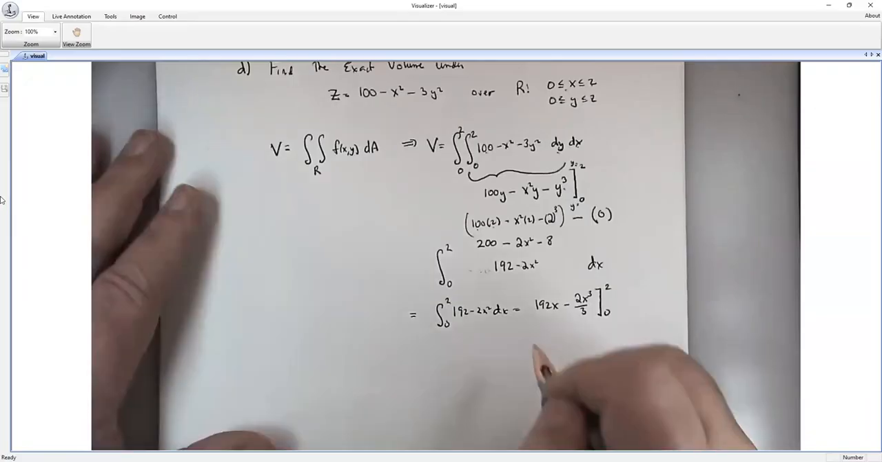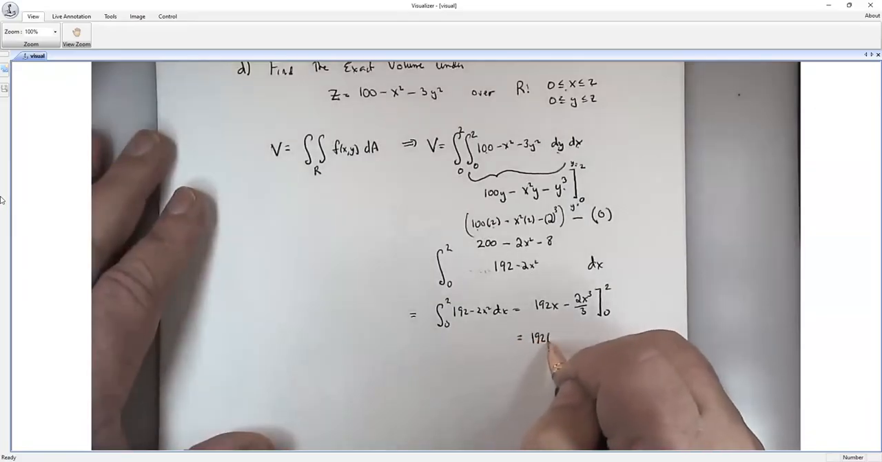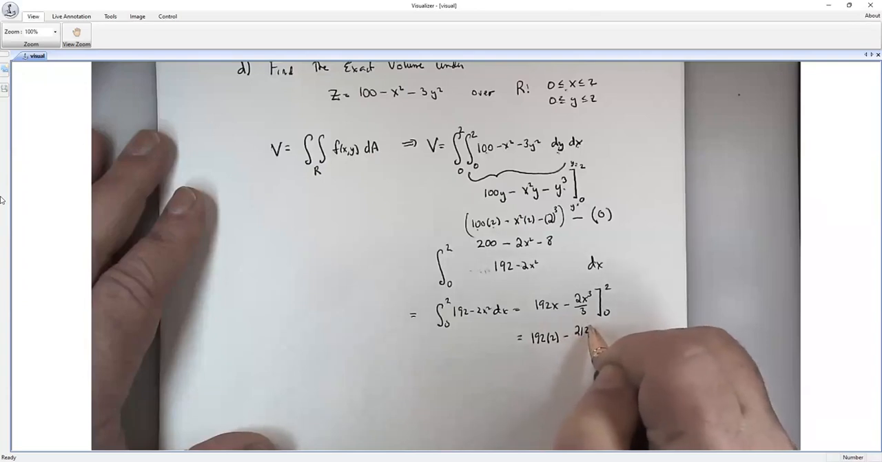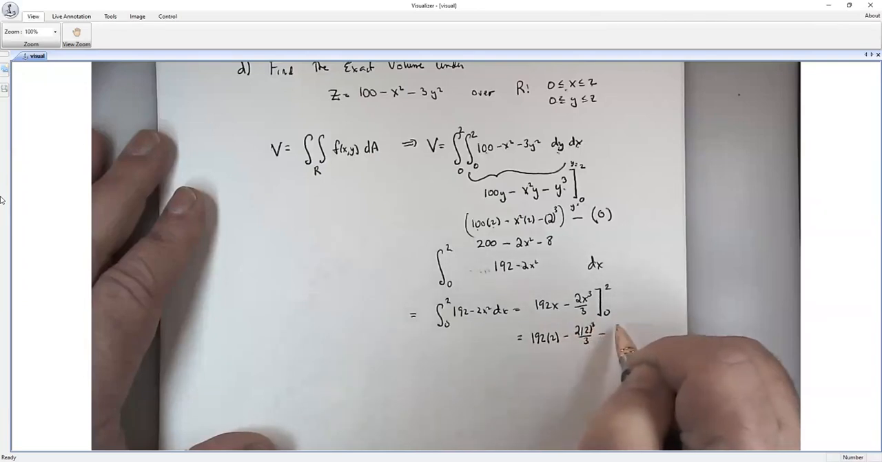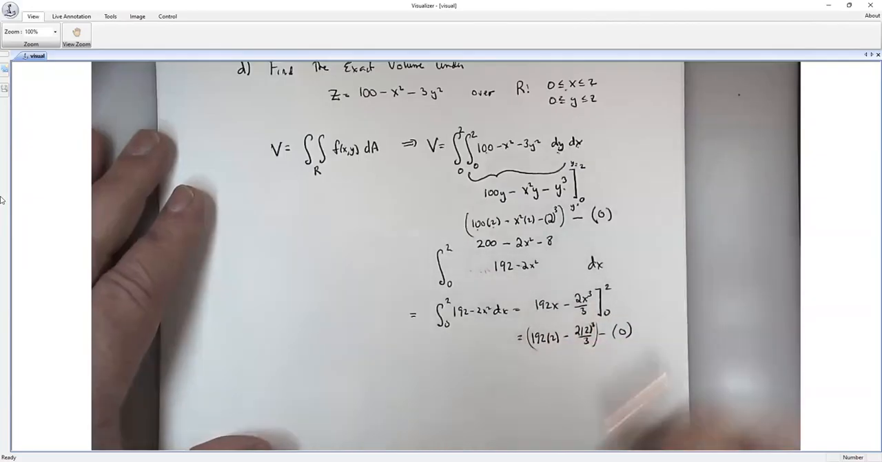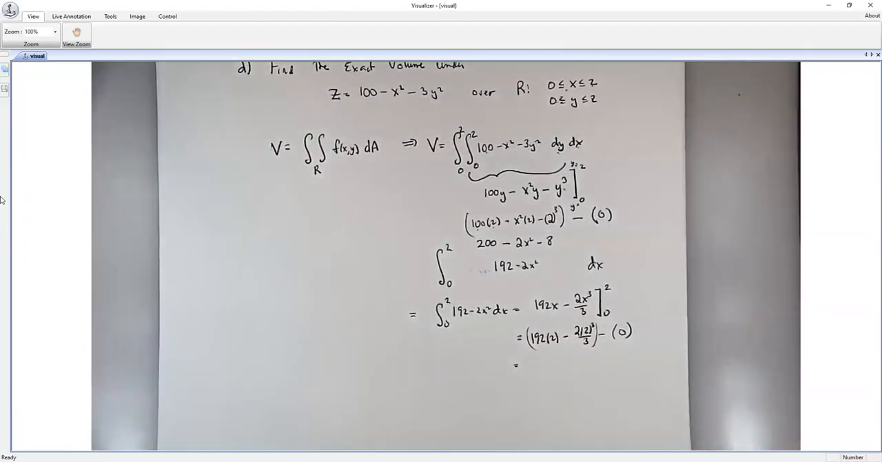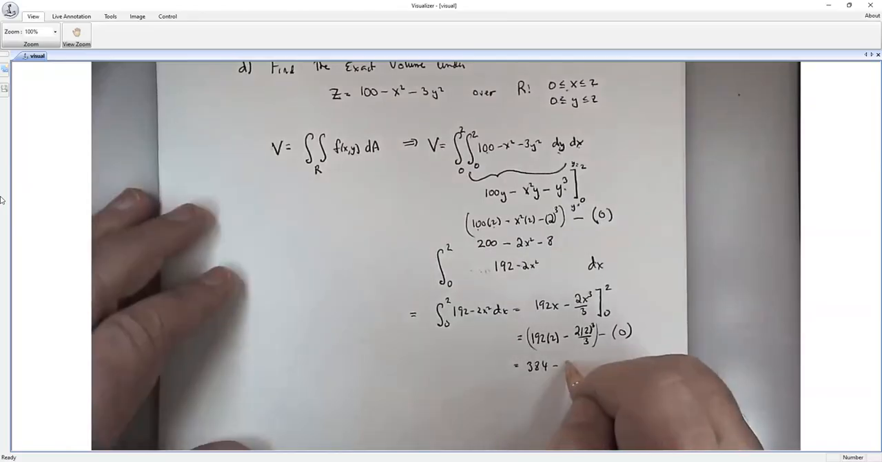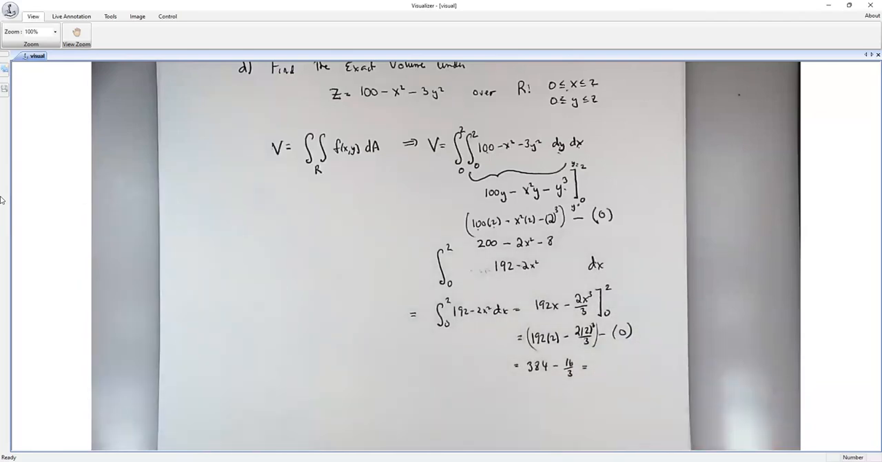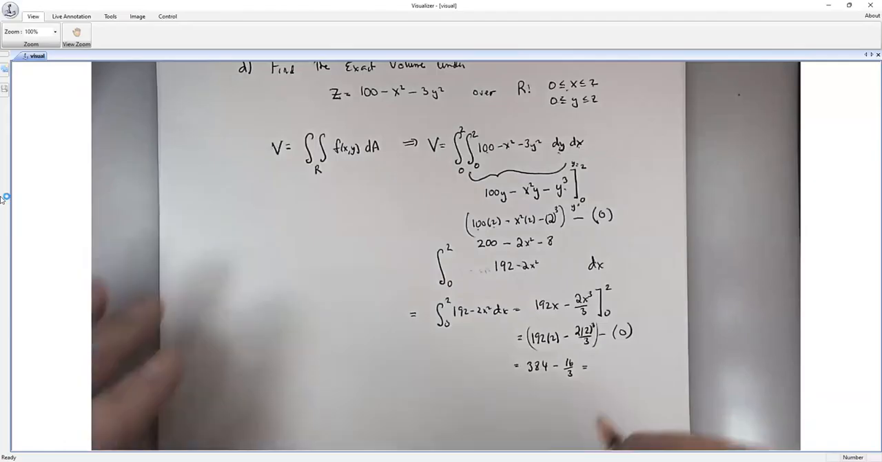Fundamental theorem again, plug in top minus plug in bottom. This is 192 times 2 minus 2 times 2 cubed over 3, minus plug in bottom. When I plug in 0, pretty much I get 0. So this is 192 times 2, which is 384, minus 2 cubed is 8 times another 2 makes it 16, minus 16 thirds. So 384 minus 16 thirds is, I get